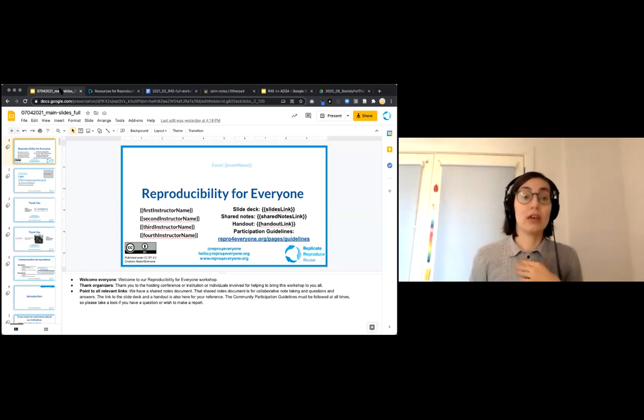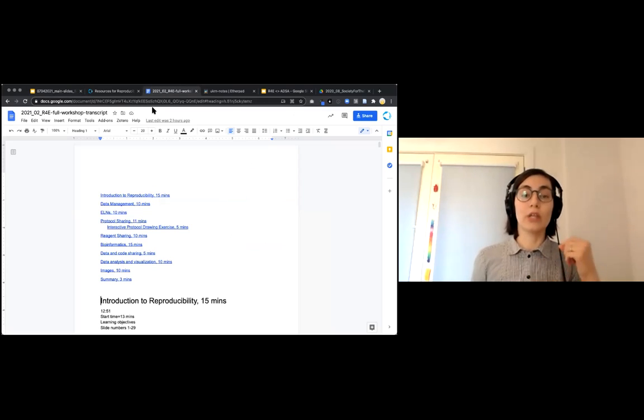So we have the template slides with the speaker notes. All the timings are set out for everybody. We have transcripts available. We have videos available, so that people really don't have to feel that they have to be experts in reproducibility to run one of these. They can just pick it up and run it.